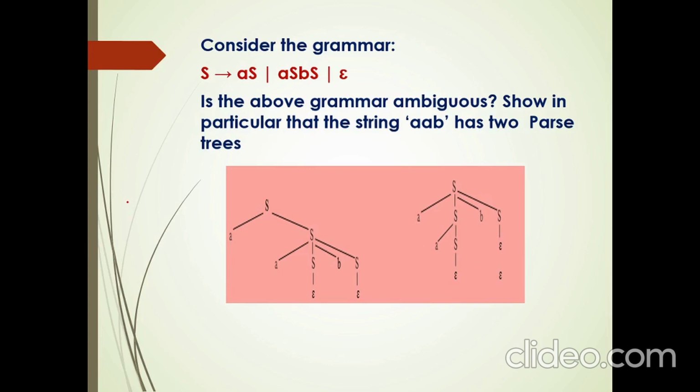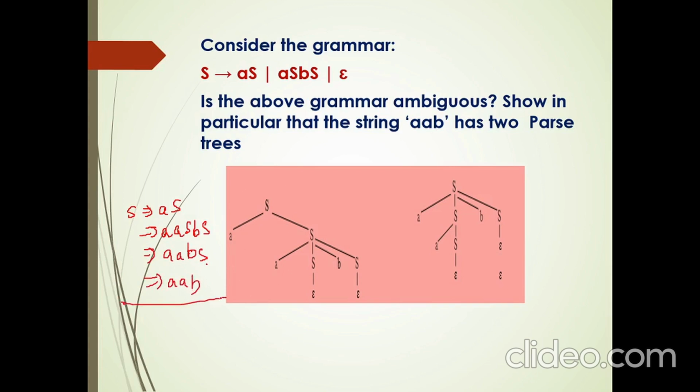You can see here, this is based on the LMD. S gives AS, then the leftmost S can give you ASBS. Now I have got all three characters from this. The only option is to let S vanish, so we get B, S. This also vanishes, giving A, B. That is what we obtained here.